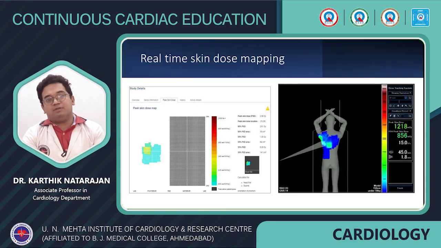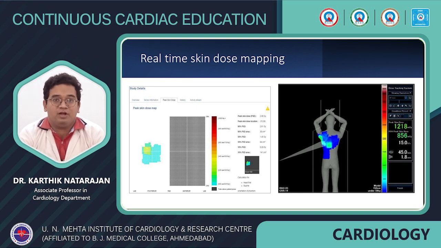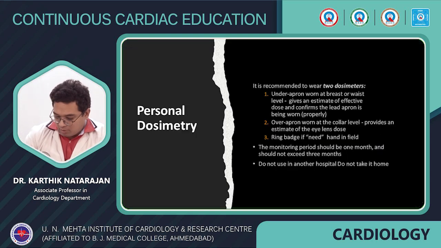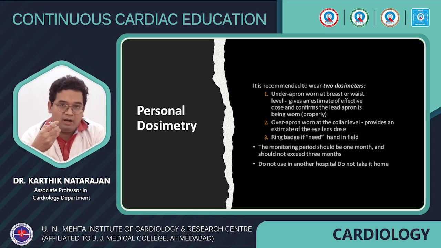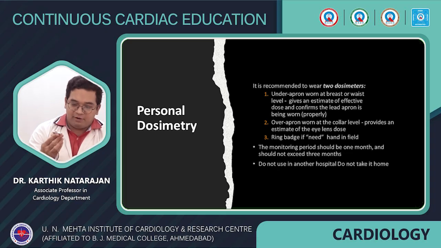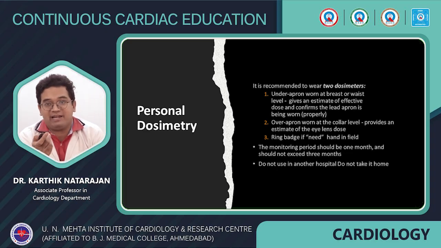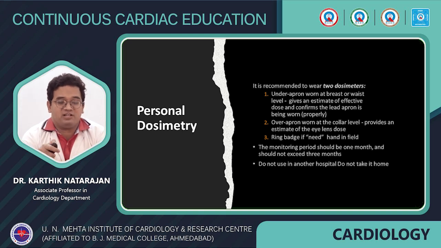This is something, real-time skin dose mapping, which is done to understand the effects on the skin. Then always wear a personal dosimeter. Now this is what a dosimeter looks like, where you need to wear this dosimeter inside the lead apron, which has a badge number, the hospital, as well as your name and the time of monitoring, say from October or December 2023 or 24. So the monitoring period should ideally be 1 month, that should not exceed 3 months. So this badge is a radiation monitoring period of 3 months,